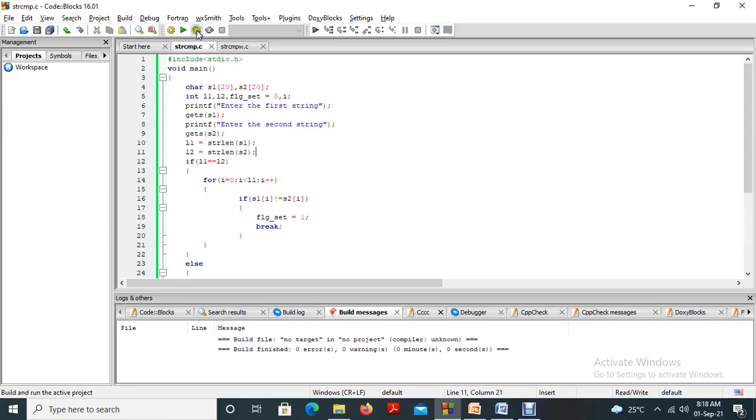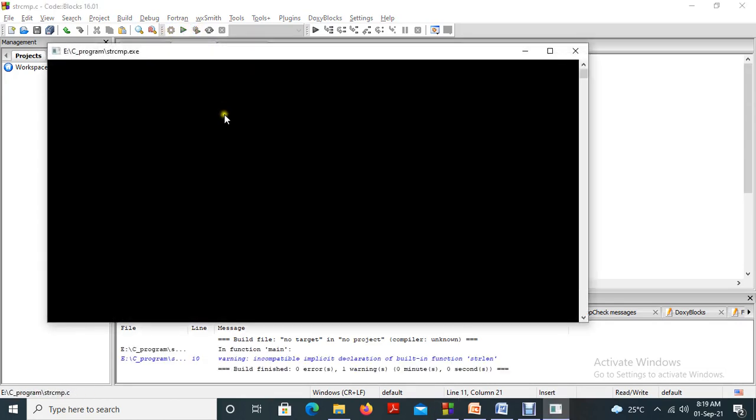Okay, we are running the program. The first string is hi, then the second one is how, so not equal.